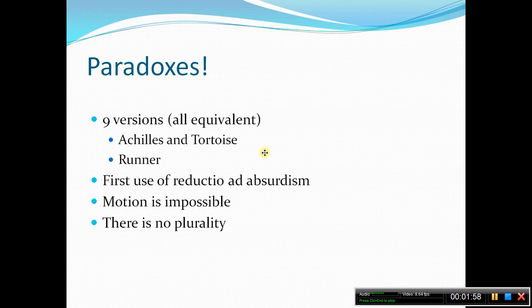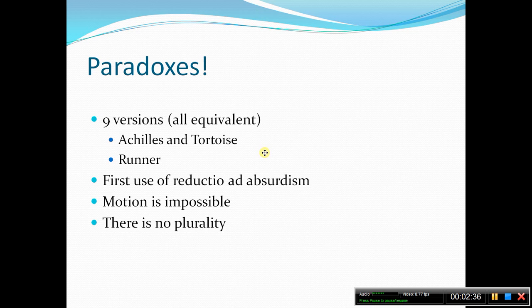Now, this is often not understood about these paradoxes. The main thing that he showed, or at least attempted to argue, was that motion was impossible. But that wasn't his goal, per se. That wasn't the end-all that he was going for. Really what he wanted to show was that plurality was impossible, that everything was essentially just one thing of matter. And that when we saw motion or individual objects moving, that was merely an illusion. That did not exist.